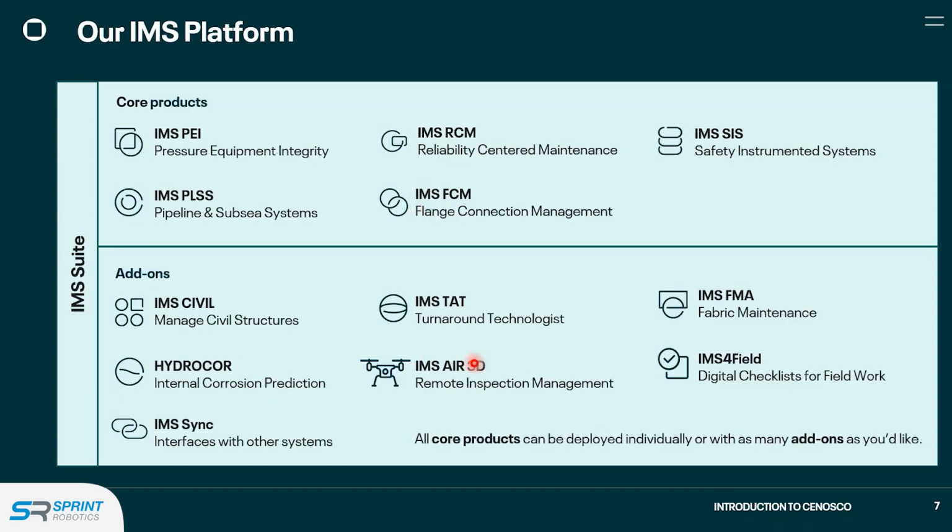As an add-on, in addition to that, there is IMS Sync, which is the capability to share data with other systems and other equipment. I also give an example of IMS Air 3D as remote inspection management. So how are we going to use a drone or a robot to take photos and process that in a very automated way, right? For a landscape, if you want more, on my website I've basically done webinars and content about all those disciplines. So feel free to search for that or get in contact.